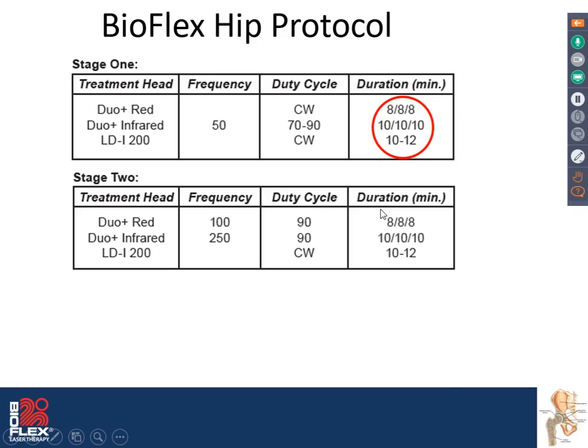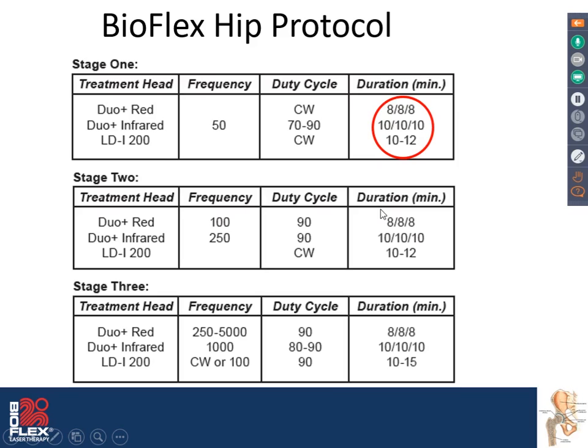And same thing with the probe. And then by stage 3, we're starting to really fluctuate the frequency at a much higher level. So that's the standard hip protocol. You're going to use this protocol for all those conditions I've mentioned, whether it's AVN,